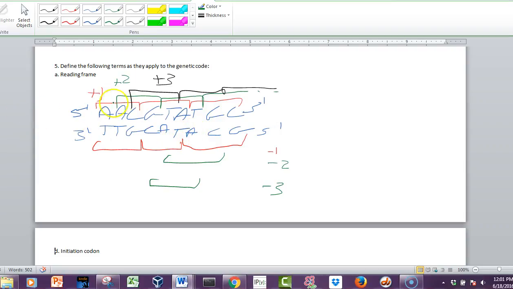Now, which one is the real one kind of depends, and you have to try to figure it out. In this particular example, it looks to me like maybe here's an ATG, and so that might start the open reading frame going left to right. Now it kind of depends. If we looked at a bigger sequence, there would be several possible ATGs we could choose from, and we'd have to decide which one is right.